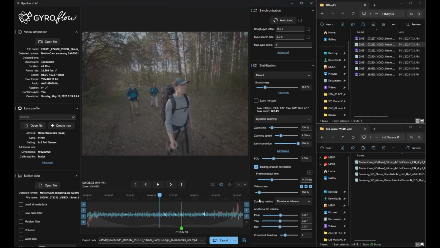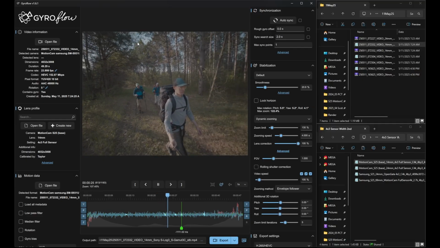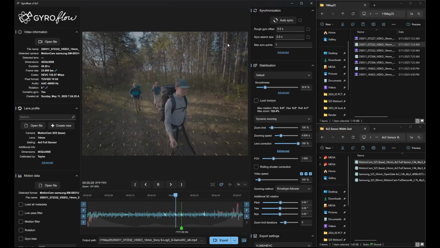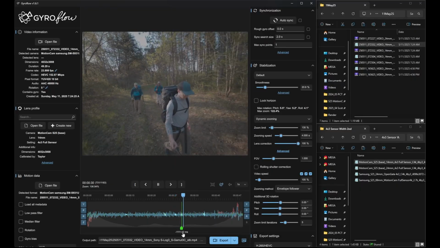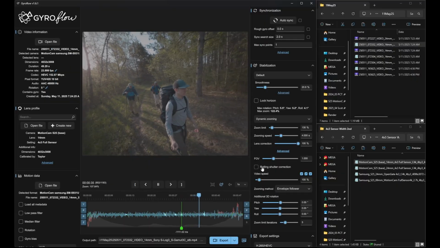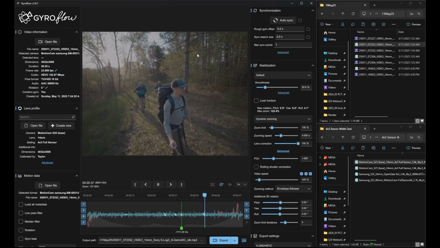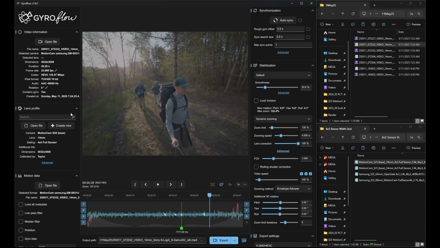But there's a setting over here that is another quirk of cameras that can ruin stabilization, and that's rolling shutter correction right here. I've done testing to figure out what rolling shutter correction is for this sensor, but if I turn it off, look at that, we're back to it's not stable. But we know we have the right offset right here, but it's still not stable because we didn't enable rolling shutter correction. And here's the unfortunate, infuriating thing. This type of bad stabilization looks a hell of a lot like a bad lens profile. And knowing the difference between the two,